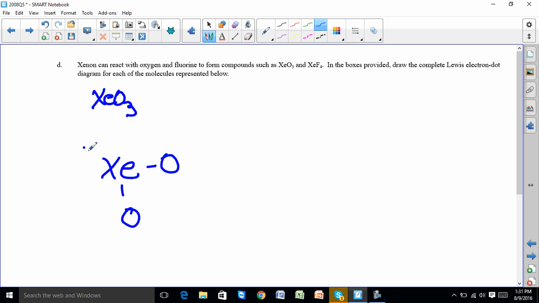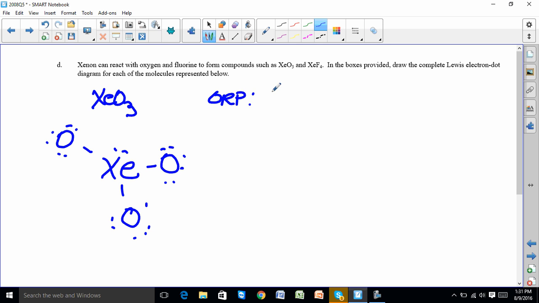I will put these things evenly spaced. This guy has 2. It wants 8. I'd add 6. This guy has 2. It wants 8. I'd add 6. This guy has 2. It wants 8. I'd add 6. Xenon has 2, 4, 6. It wants 8. When I do ORP, I get 2, 4, 6, 8, 10, 12, 14, 16, 18, 20, 22,